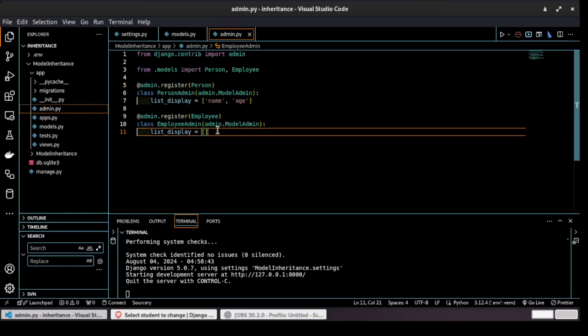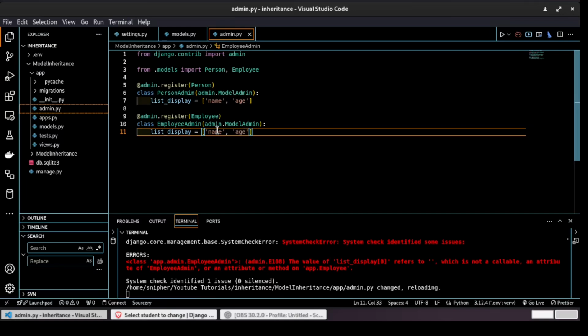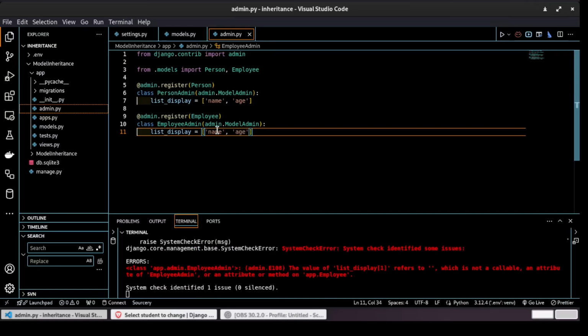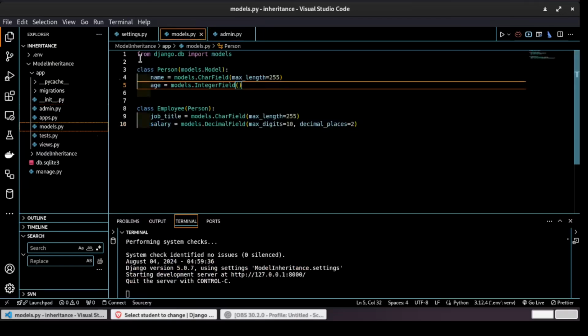So we will have name, we have age, and we will have job title, and we will have salary. So basically, when you inherit a class directly, this table will be created with all the fields in